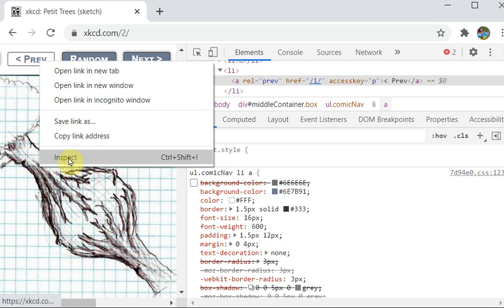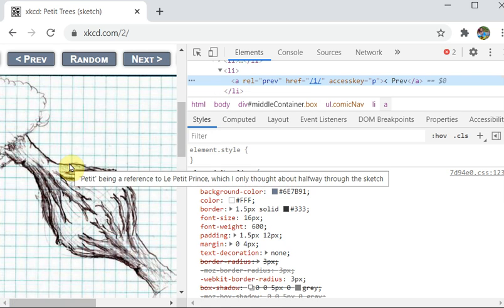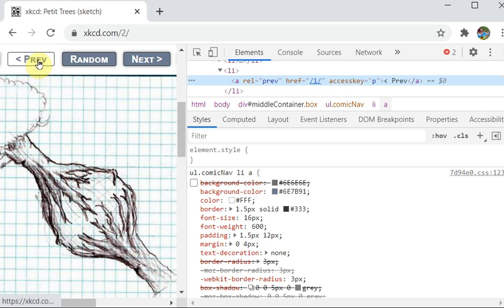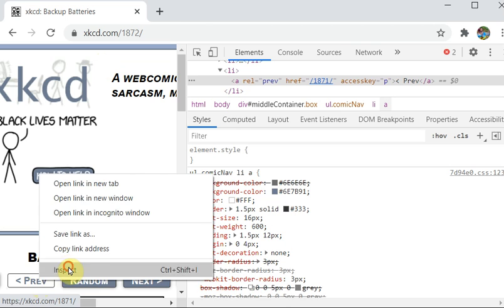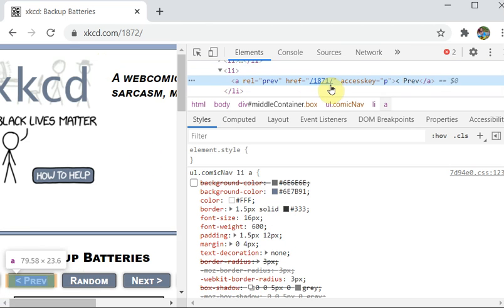Again, right click, inspect. Now you see it is 1. That means if you click on previous, you will be directed to the previous page, which is this particular location. Somewhere random I'll give now. If I click on random and now give previous, it is somewhere over here.